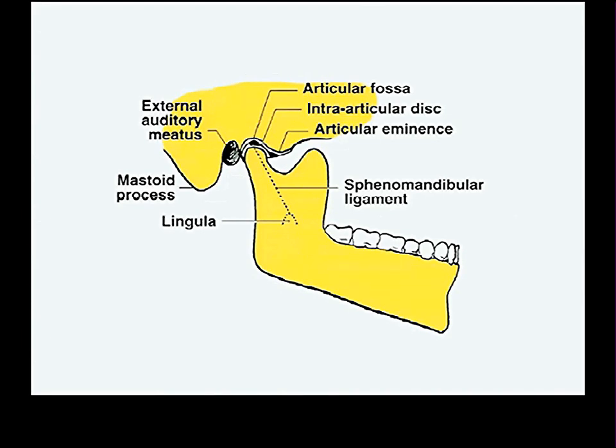But anyway, I don't care what you call it. All right, mandibular fossa, glenoid fossa, articular fossa, the jaw joint. But that's where the condyle sits. And then there's this big bump in front of the articular fossa called the articular eminence. Very, very important in mandibular functioning. And then there is, in this joint, unlike other joints we've looked at, something called an articular disc or an intra-articular disc, a fibrocartilaginous structure interposed between the condyle and the cartilage of the articular fossa and articular eminence.